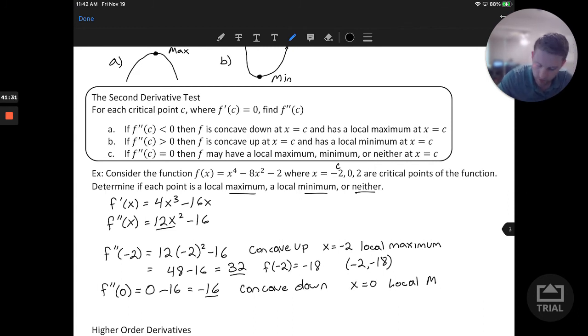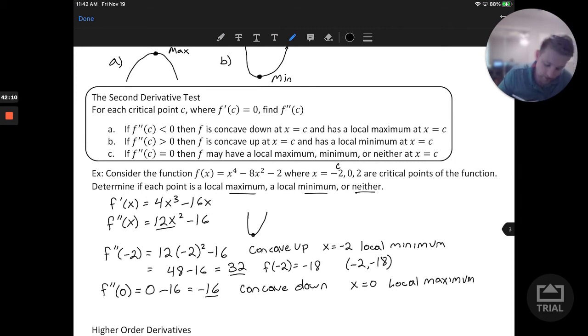And I listed the other one wrong. So if we are positive here, that again would be local minimum for that first one. Excuse me. Local minimum. So local minimum again, because if we have a positive second derivative, that would notate that we have concave up structure, minimum value. There we go. And then our second value here, concave down, will give us a local maximum. So let's go ahead and write that through. So this would be a local maximum